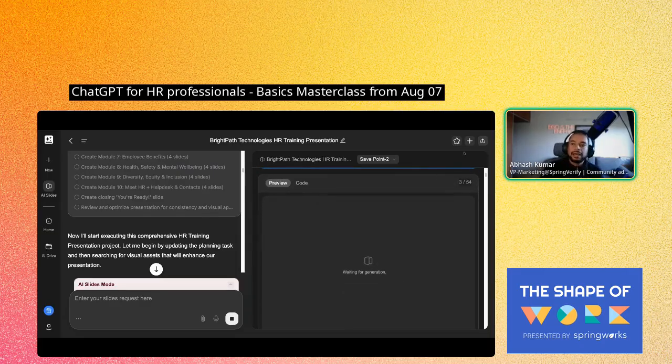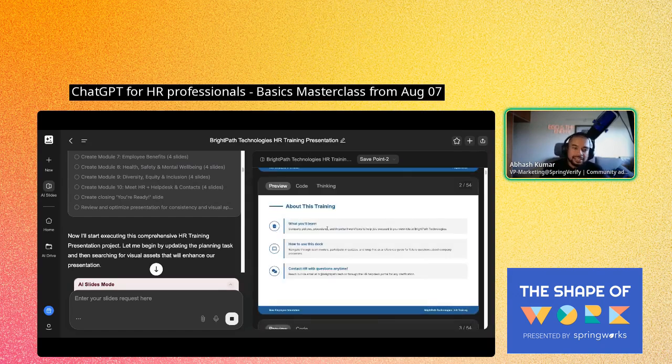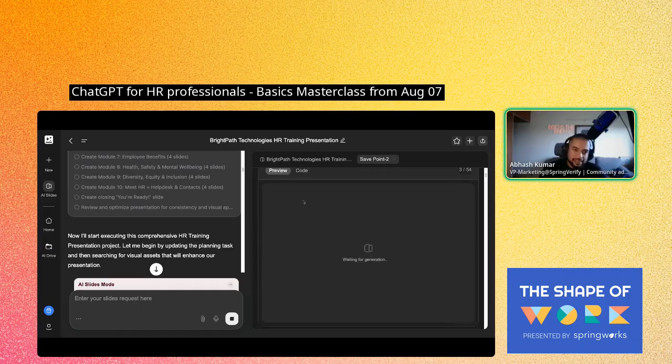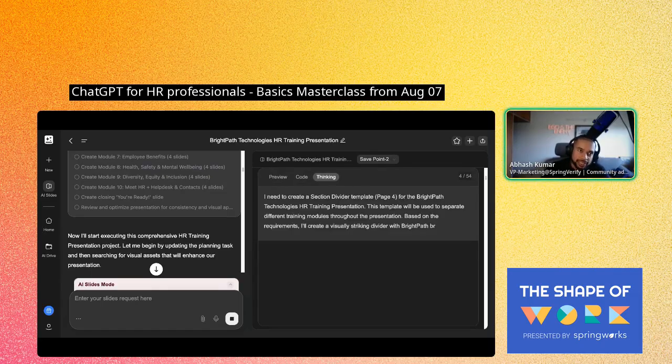Cool. Can you export it? Yes, you can export it. You can take this one and move it to another slide generation tool if you like the way this is done, and then modify it elsewhere, etc. All of those possibilities are there. I'll close it at this point. There's no point in spending any more time on this.